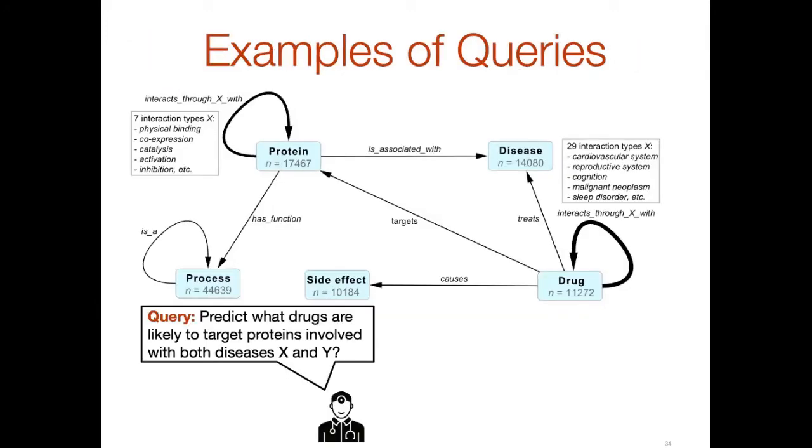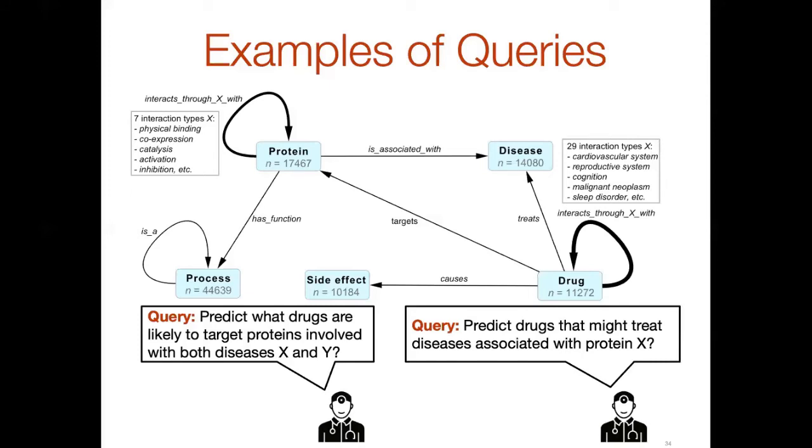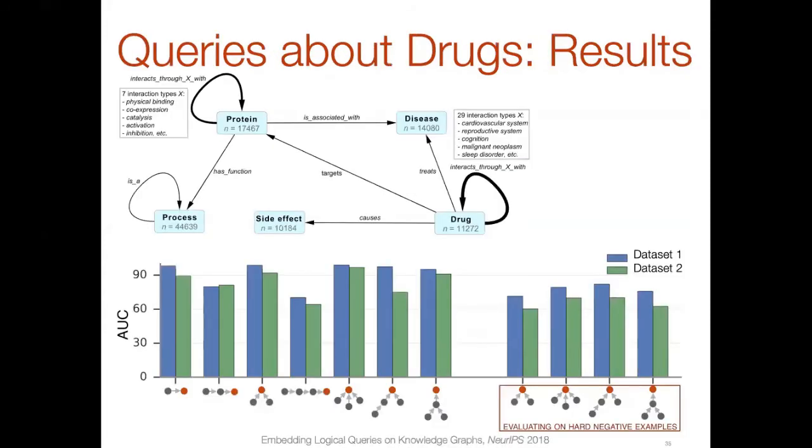We can then enable domain experts to ask queries, and we can provide answers. For example, a domain expert can predict what drugs will likely target proteins that are involved with diseases X and Y, where X and Y would be 2 concrete diseases that are of interest to the domain expert. Or predict what drugs might treat diseases that are in turn associated with a particular protein. And doing first